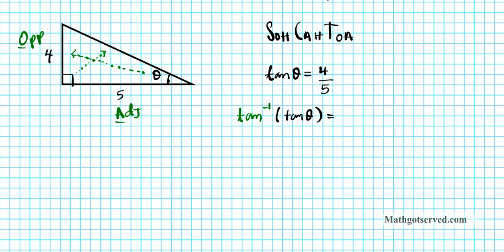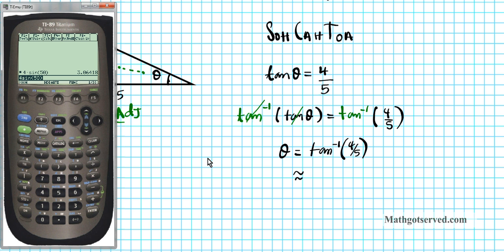equals the inverse tan of 4/5. So on the left side, the inverse tan and the tan cancel out. So you have theta equal to the inverse tan of 4/5. Now this is the exact angular measure of theta. To find the approximate measure, we're going to have to use our calculators here. So let's bring out our calculators, and we want to find